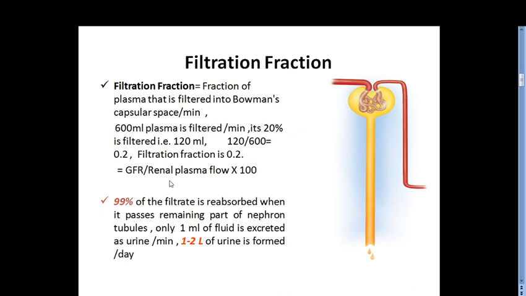So approximately in a healthy person 15 to 20% is the filtration fraction, and out of that filtrate which is formed in the glomerulus, 99% is reabsorbed again in the different parts of the tubules. Maximum is in the PCT. It directly enters into these peritubular capillaries. This is the peritubular capillary. And per minute only 1 ml of urine is excreted out finally. So over the period of a whole day, approximately 1 to 2 liter urine is formed.